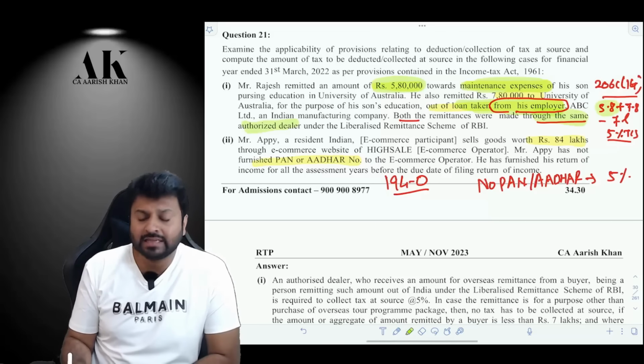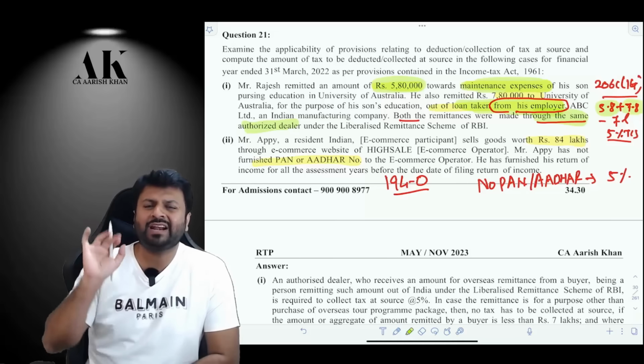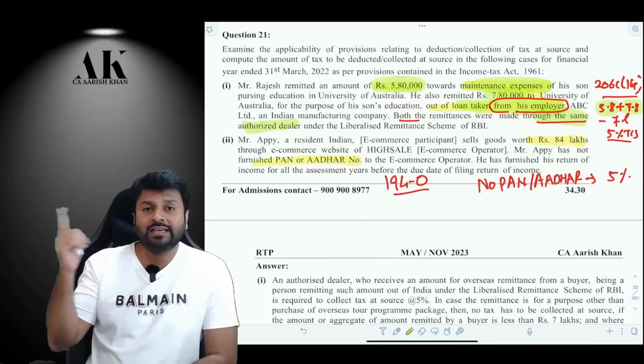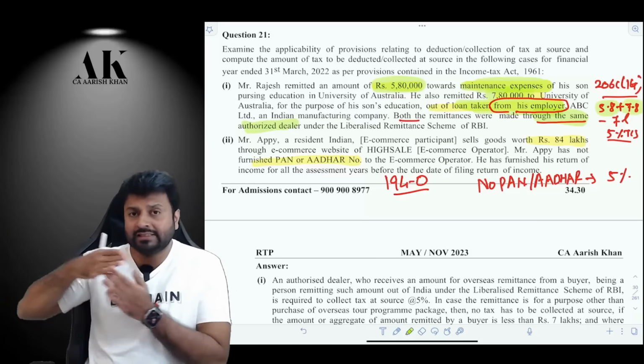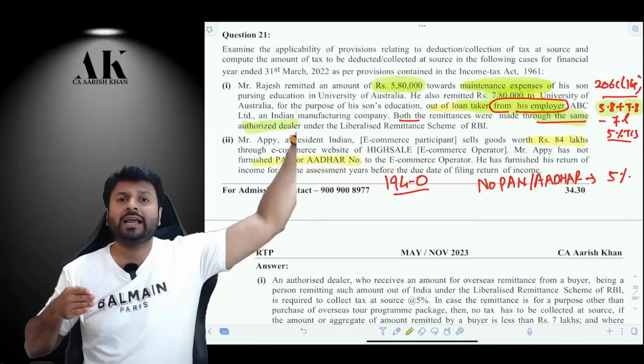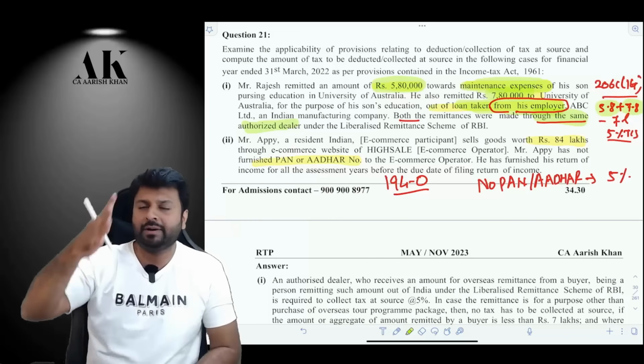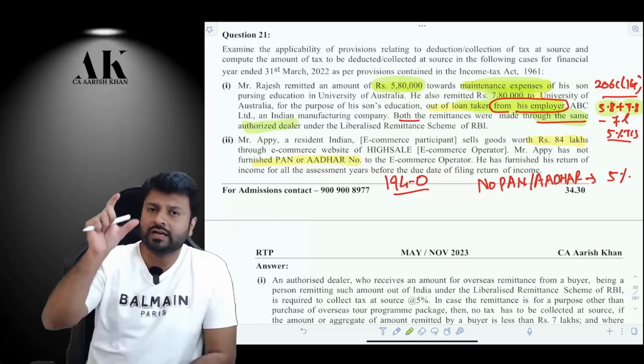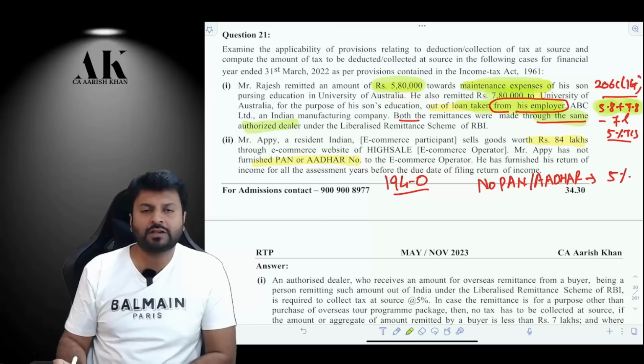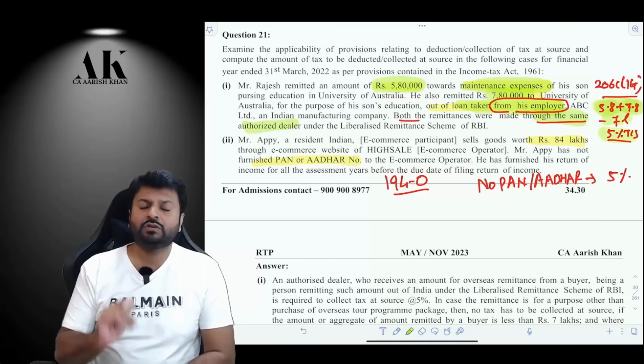Therefore, 5.8 lakhs plus 7.8 lakhs, both of them will come into the same category only. If this 7.8 lakhs is taken from a financial institution in India, then this would have come in a separate category. Then the 7 lakh exemption for 5.8 lakhs would have been separate, and the 7 lakh exemption for 7.8 lakhs would have been separate. But here there will be only one 7 lakh exemption considering both the amounts. Okay, 5.8 lakhs plus 7.8 lakhs minus 7 lakhs will be subject to 5% TCS.